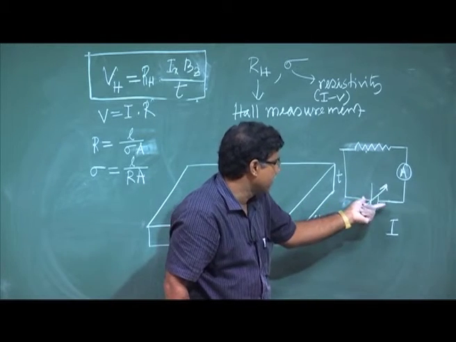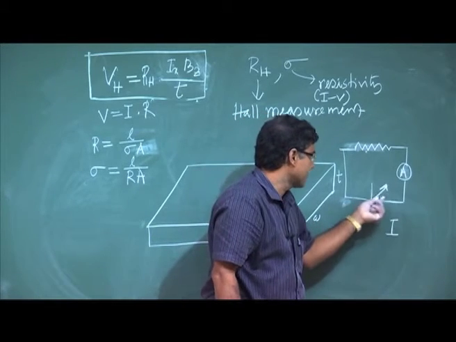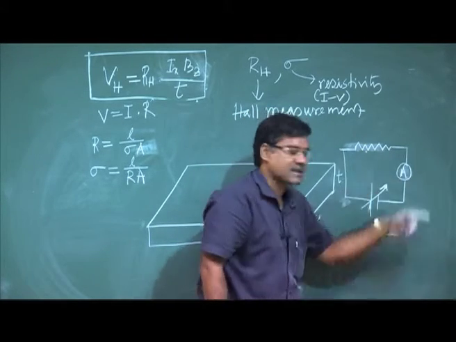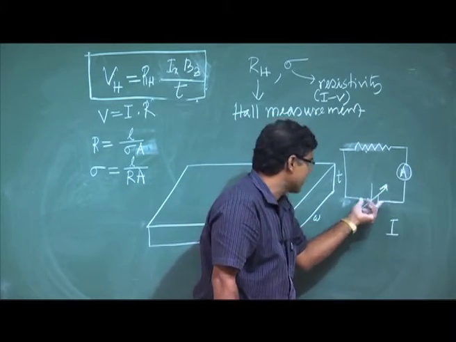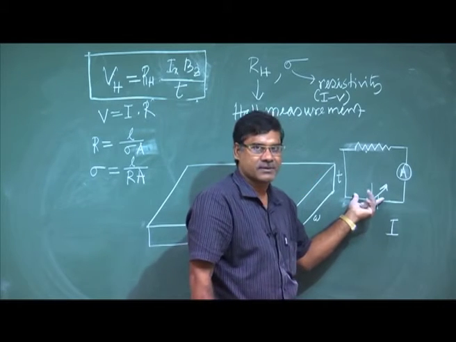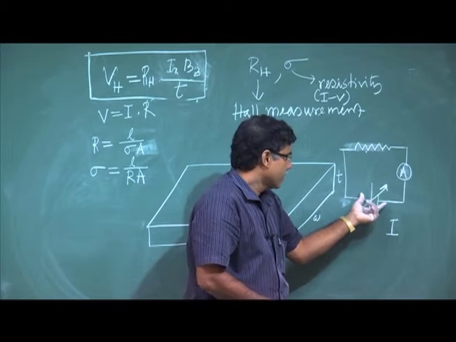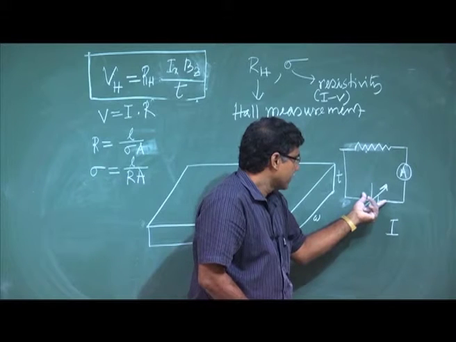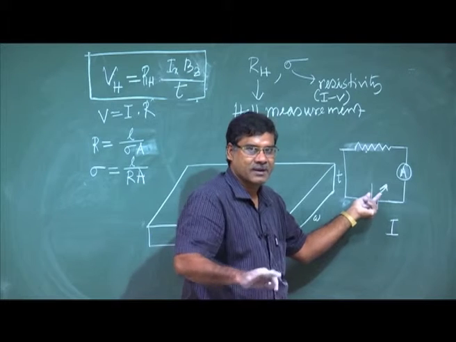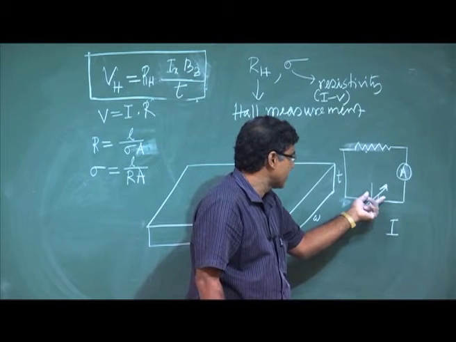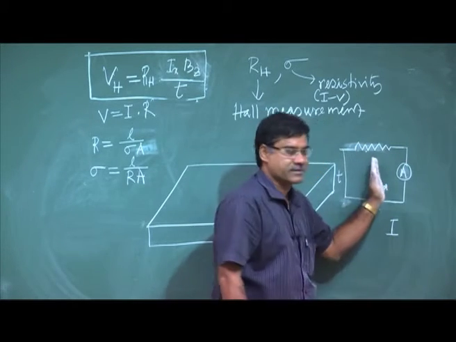For a particular setting of voltage here, I will get a current, but I am not interested in this voltage. This voltage will set the current in my circuit. One has to understand this correctly. We are not interested in this voltage. We are varying this voltage. Voltage dividers can be made in different ways. So, we are changing the voltage to set the current in this circuit.